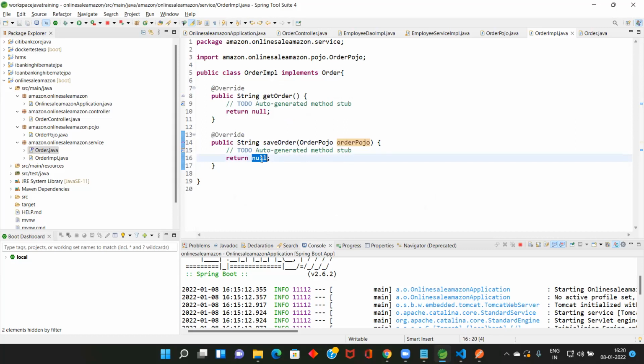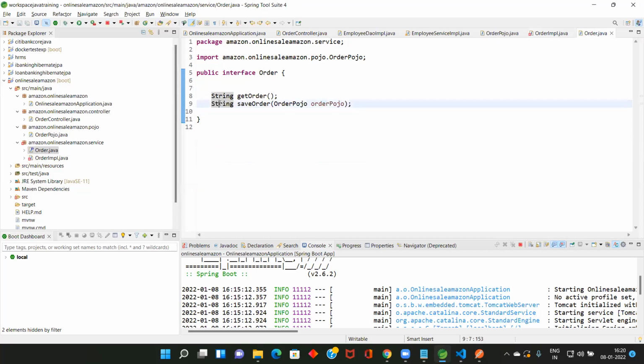Save. No, this is wrong. Maybe for save, we will make it something like this. Control S. Go to order, rename this one, rename, not change the return type.